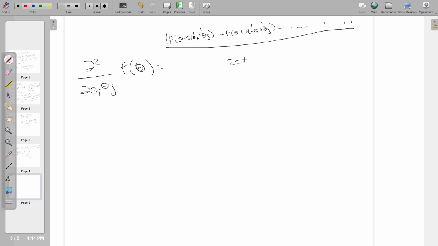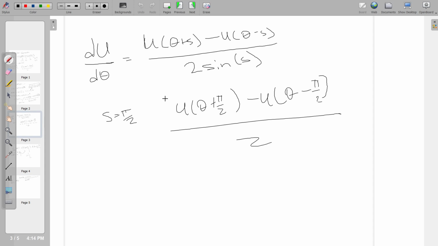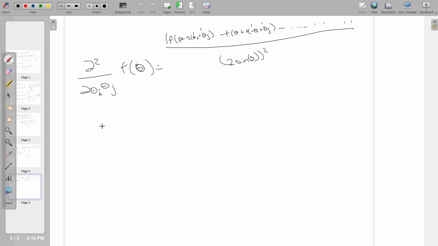2 sine of S squared. And so you can see this is pretty easy to derive. You have the first, you just apply this twice and this formula right here, and you'll get that result. And so from here, if we can calculate the second derivative, it's pretty easy to see how we can generate